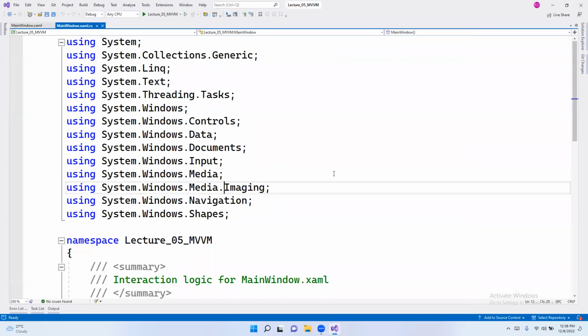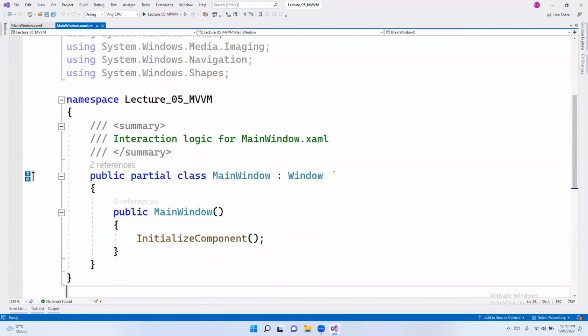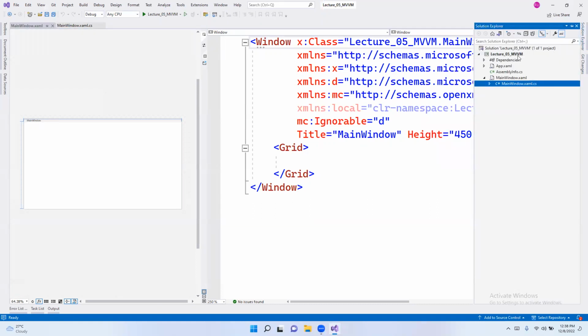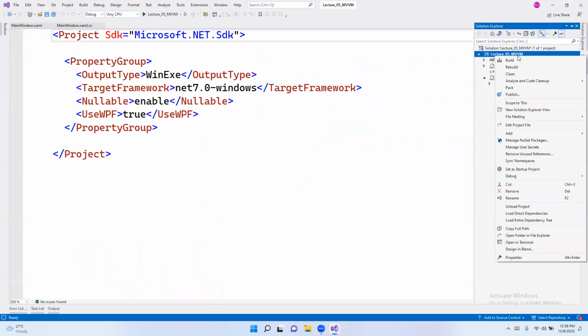You can go to the code behind file. Okay, this is the C# code of the main window file. Okay, so now we go to the Solution Explorer, right click, and now we need to create